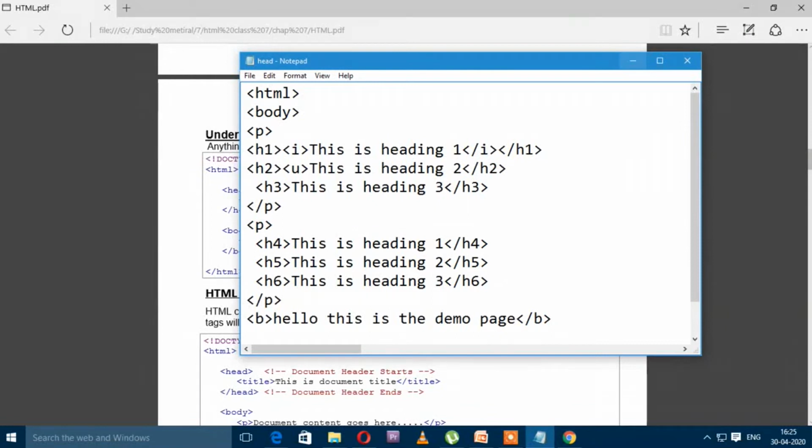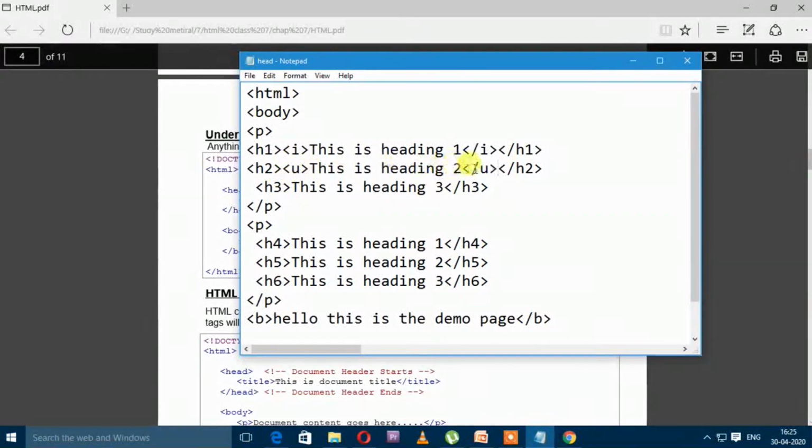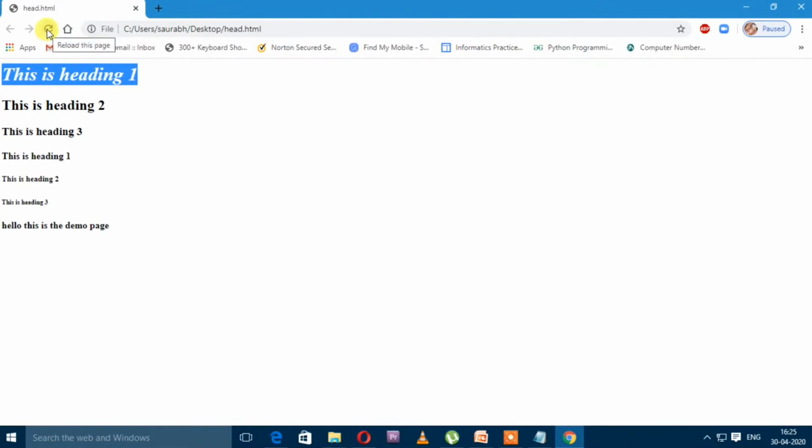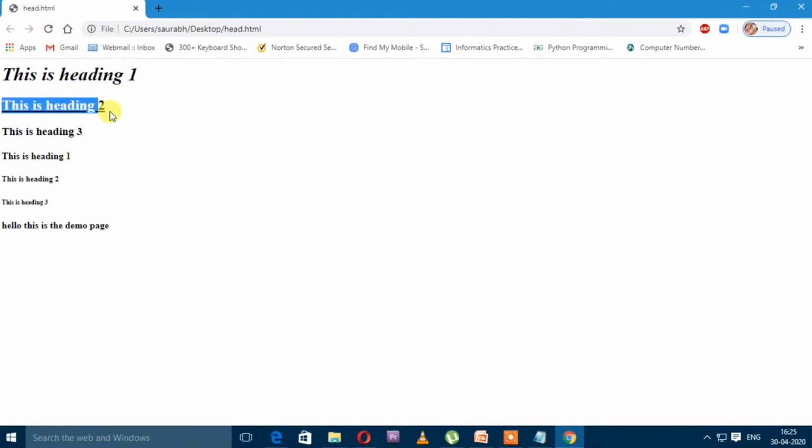So I applied it. U is also a container tag, so we need to open it and close it also. After applying the tag, move to the file option, click on the save button, then go to the web browser and click on the refresh button. So look here, the underline is applied to the second heading H2 text.